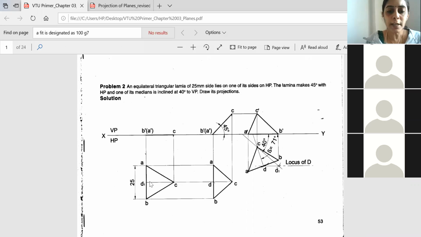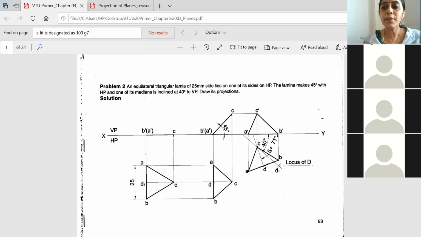So you will join a line exactly perpendicular. You have to draw the line from the midpoint of this vertical edge and join it to the opposite corner. Okay, so this is the median. The median in the first stage will have its true shape. But when it goes to the second stage, where it is inclined at 45 degrees, it is reduced. So this is the apparent shape and the apparent size of the median also.